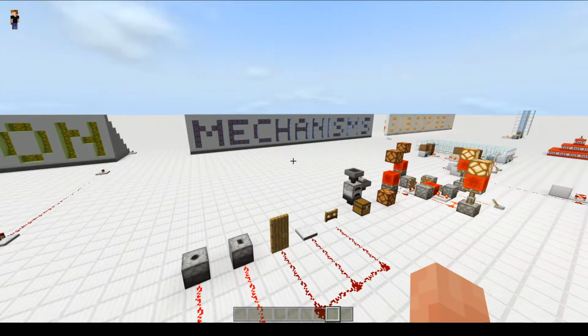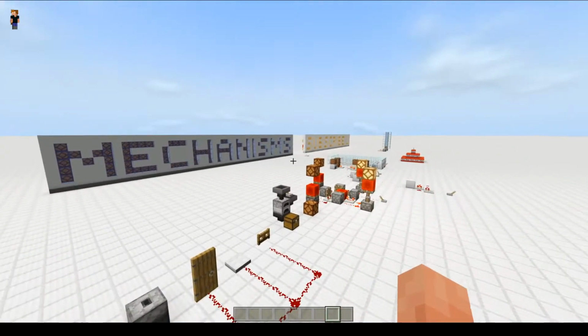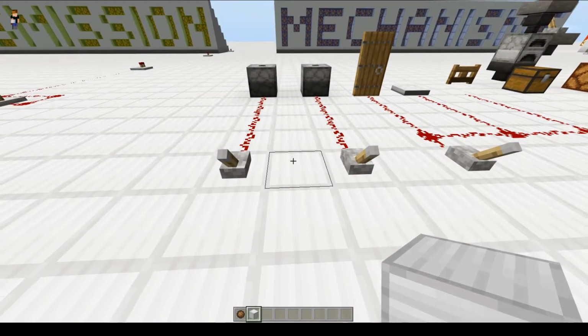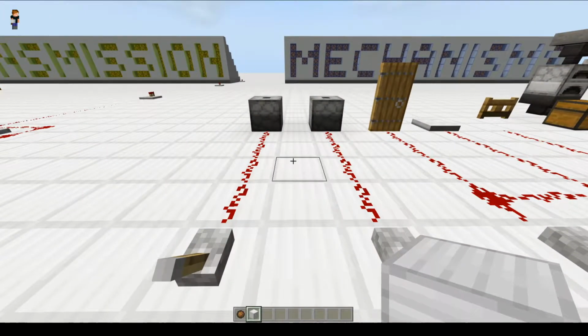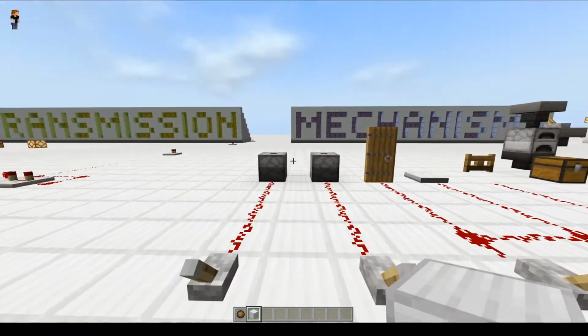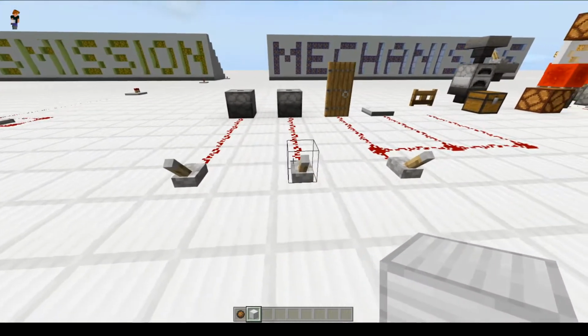And the last section is where all the fun happens. We have the mechanisms. Starting over here with the dropper and the dispenser, they look very similar and their functionality is a lot alike. They both spit out items when you place them in it, except they're a little different